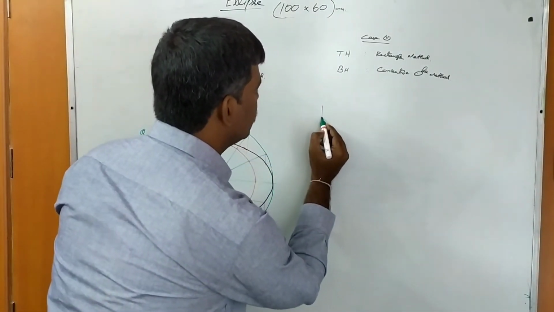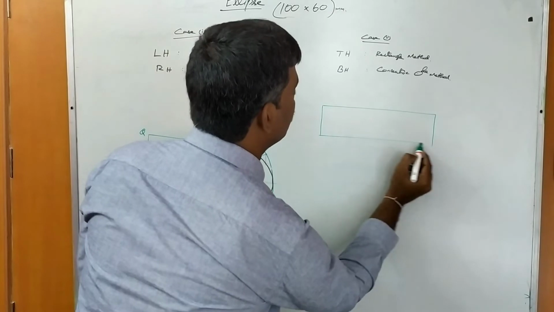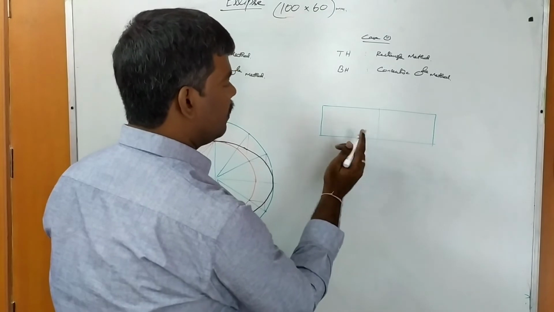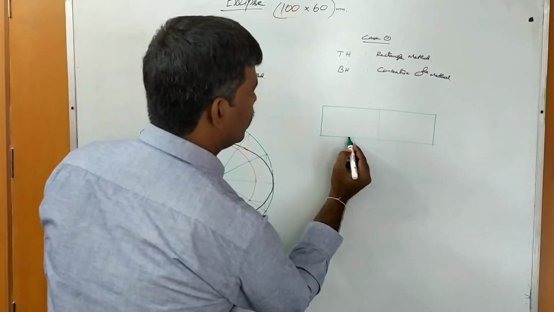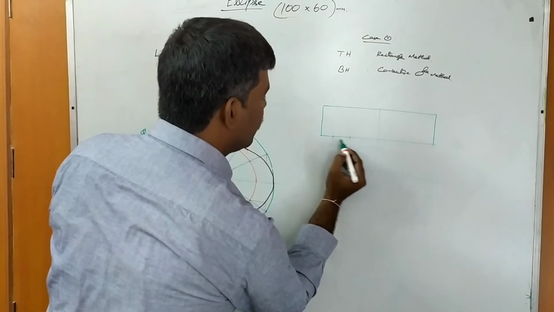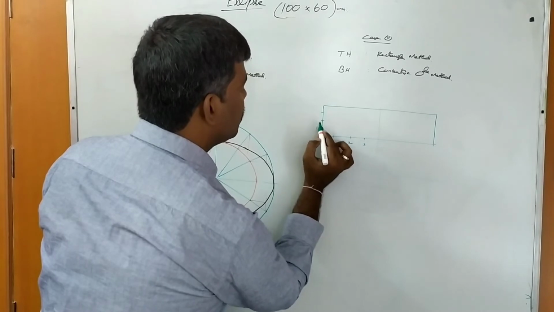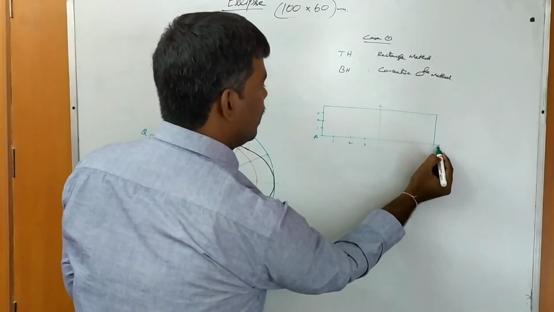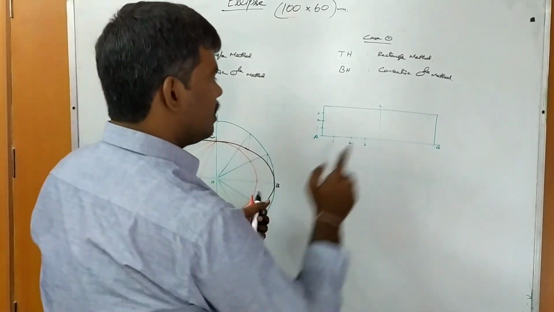So 30, 100, first half. Okay. So this is middle. Next second half. So first half you complete this portion. Okay. So you know that. So here only 1, 2, 3, 4. It is first half. So here you know 1, 2, 3. Here also same number of equal parts, 1, 2, 3. So this is minor axis end, this is major axis A and B. Here also this is A means this is B. Clear? Similar case, right side.